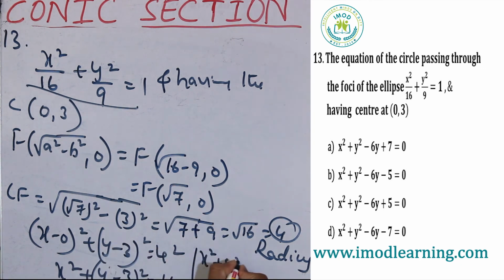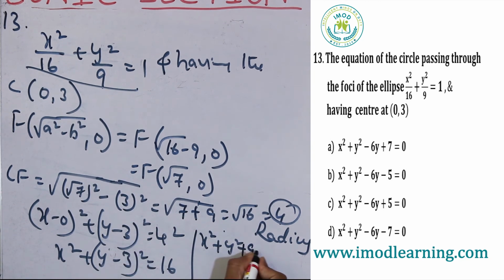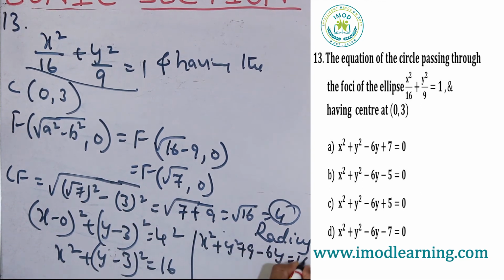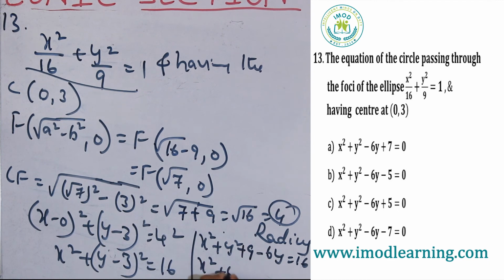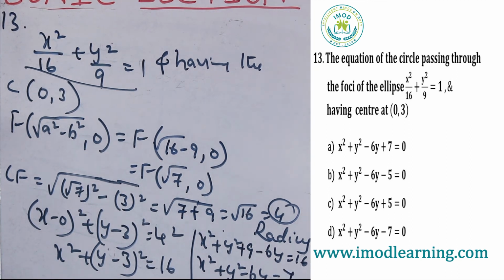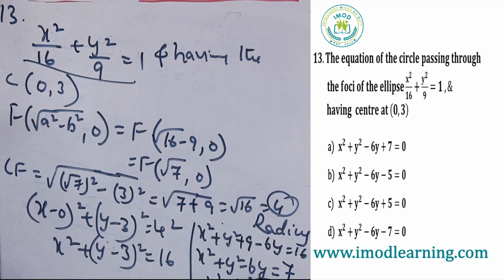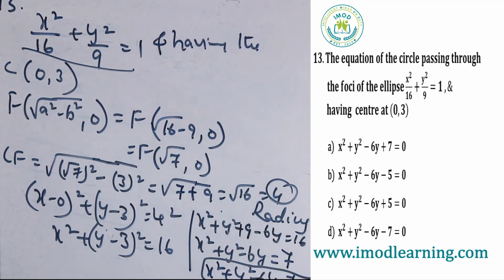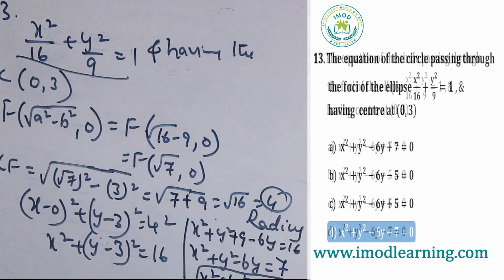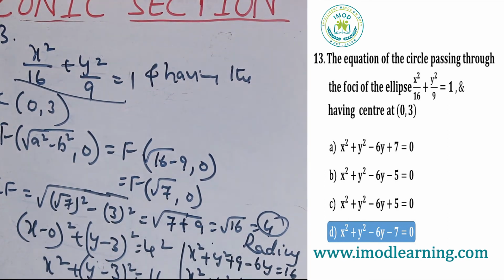Or it can be written as x square plus y square, applying a minus b whole square, y square plus 9 minus 6y, which is equal to 16, or x square plus y square minus 6y, which is equal to 7, or x square plus y square minus 6y minus 7 equal to 0 is the required equation of the given circle. Answer is D. So the 14th one,